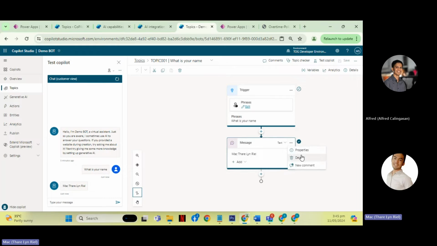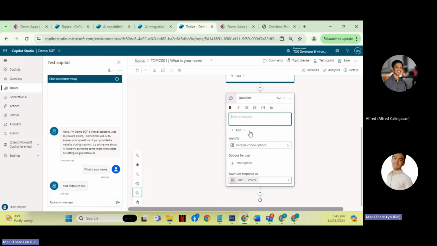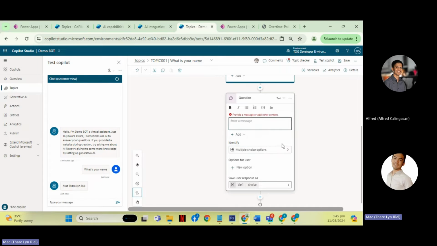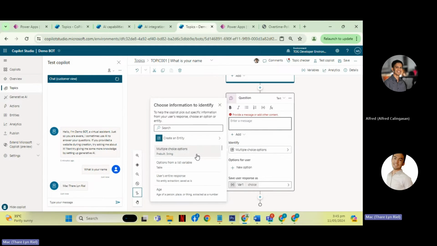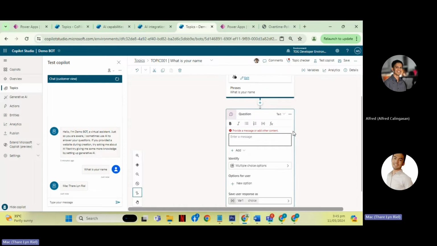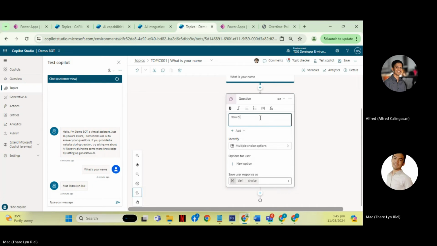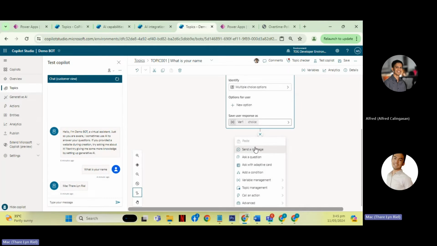And then let's go to the different actions. So you can also ask a question. You can choose here what kind of multiple choices you want. But for the first demo, let's just delete this first. Let's ask how old are you? And then let's send a message here.